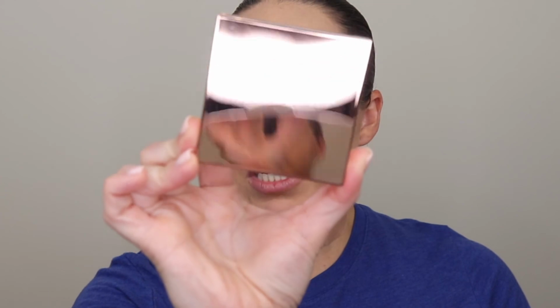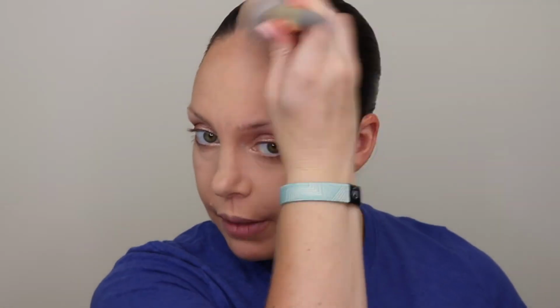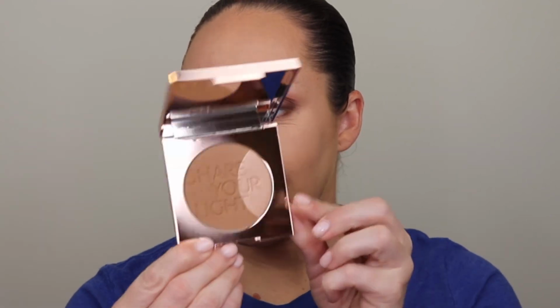For bronzer, I have the Zoeva Radiant Bronzer and Highlighter. And we're just gonna go in with this right here. Now I can go in and use the highlighter from here. We'll try it. We'll try it. It's pretty. Let's see if it's...